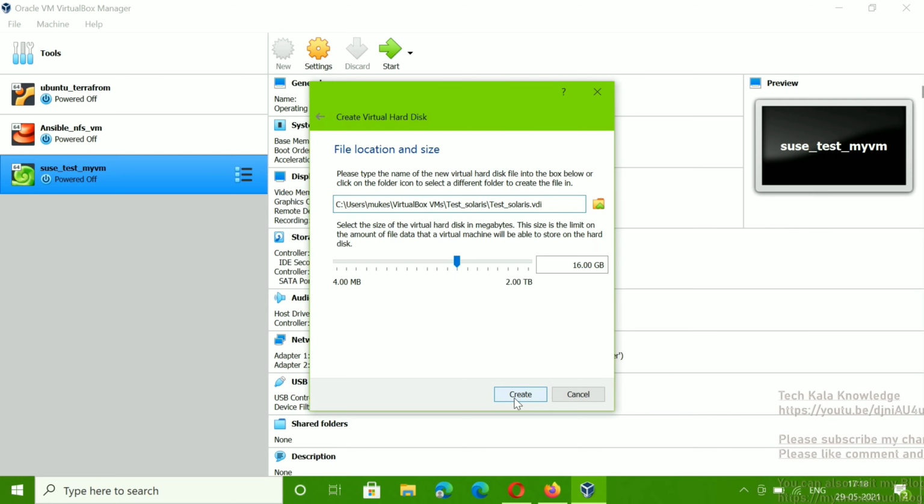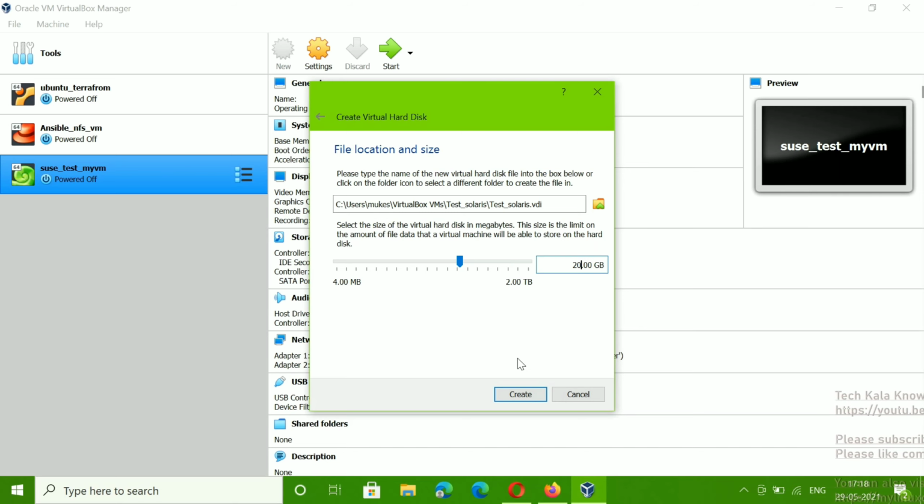In my case I need 20 GB. The minimum recommended is 60 GB, but as per your requirement you can change it. In my case I need 20 GB. If you need 40 GB or 50 GB, you can assign that.